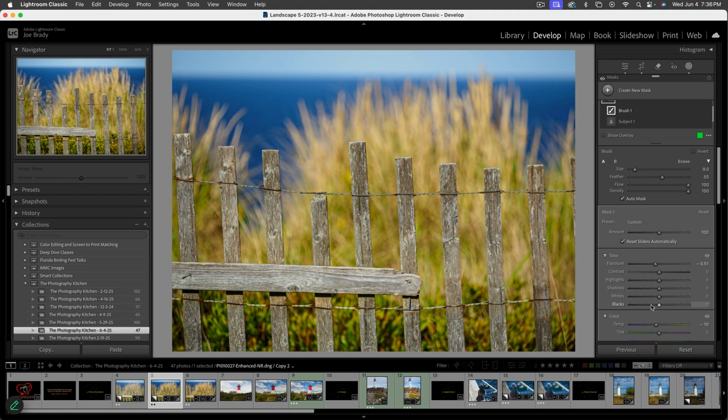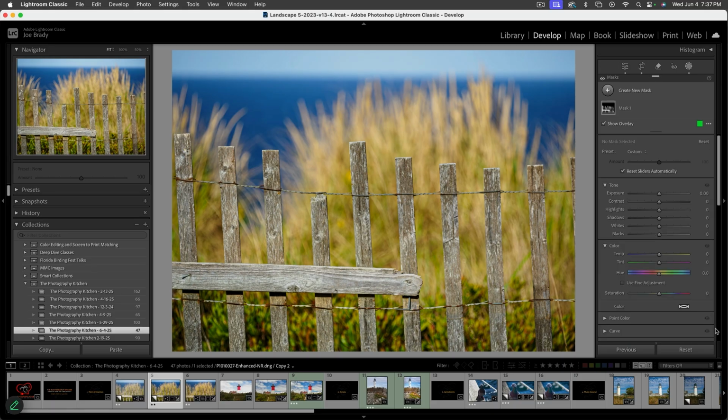I'm going to bring the blacks down. I want the little borders to be darker, which will allow me to also then bring the exposure back up and make it a little more contrasty. And as I do that, I think, gee, maybe I want it even a little cooler. Because if I make it yellow, that kind of mimics the background, it gets lost. But by making it blue, or putting blue into it to neutralize the yellow, we end up going there. And let's just do a simple